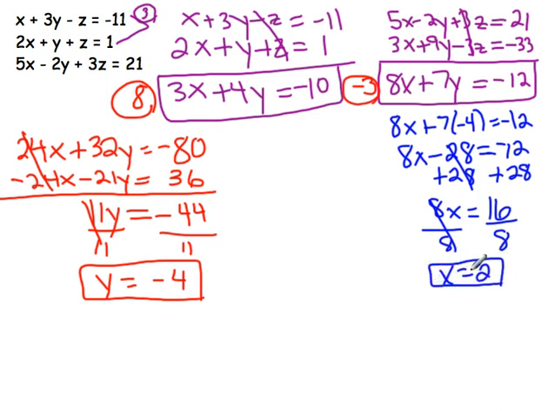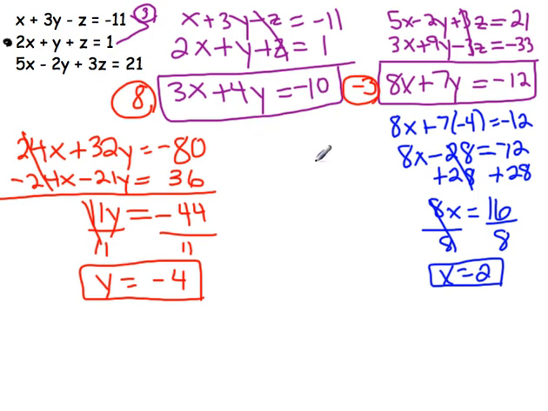Now I have 2 variables solved for. So what I'm going to do for my last step is I'm going to go back to one of these 3 originals. It doesn't matter which one. You can use any of those 3 that you want to. I actually would say the second one. I like that one. I'm going to pick the second one, and I'm going to plug x and y back